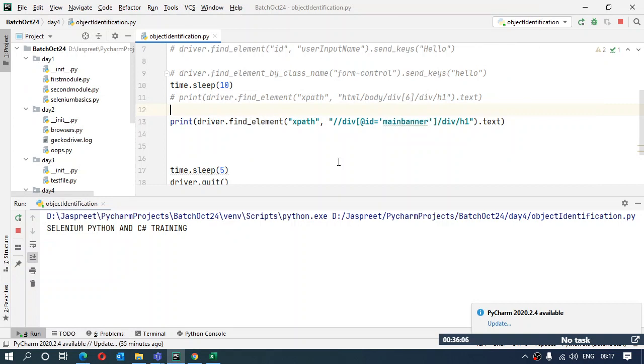The element I was looking for, I have got the text for that, which I was interested in. And this way my XPath is working fine.